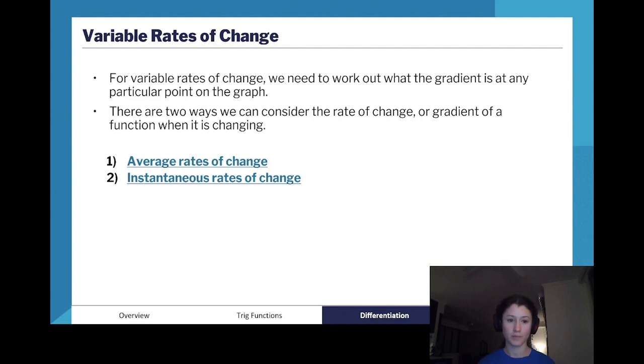So, there are actually two ways that we can figure out a variable rate of change. We can calculate the average rate of change or the instantaneous rate of change. The average rate of change tells us what it is generally over a certain period. It's not usually going to be exactly right at a certain point in time, but it'll be pretty generally what